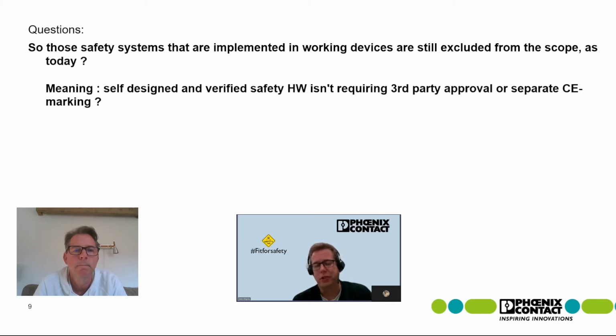Which is a typical use case. And for sure, under this consideration, there's no need for preparing a declaration of conformity just for the software, because the complete machine already will be equipped with a declaration of conformity finally to be placed